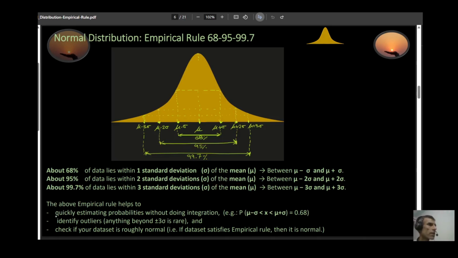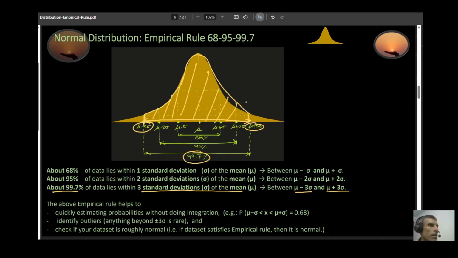The third one says that about 99.7% of my data lies within three standard deviations of my mean. In other words, between mu minus 3 sigma and mu plus 3 sigma. So if this is my mu minus 3 sigma right here, and mu plus 3 sigma is over here, then 99.7% of my data is going to be lying in this range. If I calculate this area from here all the way up to there, it is going to be approximately equal to